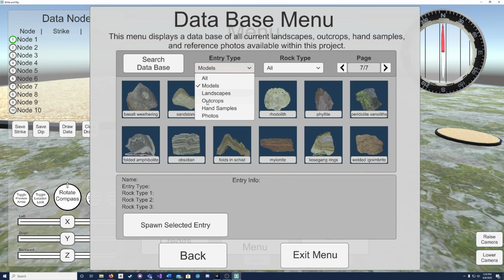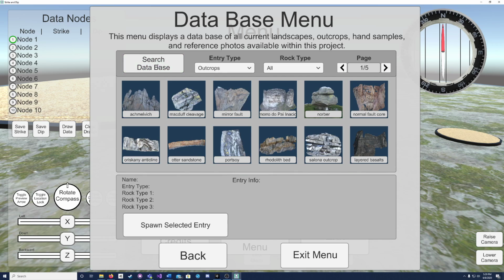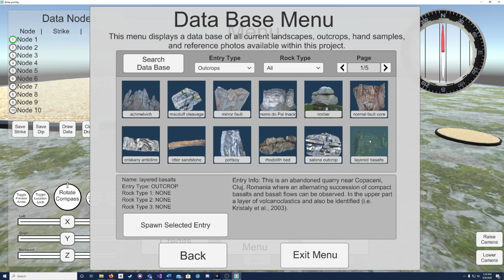For now, I will start out showing you the next step of how to actually generate one of these within the level by searching for outcrops. Once you find one that you think is the one you'd like to use, if you click on it, it'll bring up a little bit of information about it down here. The name, the entry type, any of the classifications it falls into, as well as a little bit of information about it. If that's the one that you would like to actually generate, you select the Spawn Selected Entry button here,